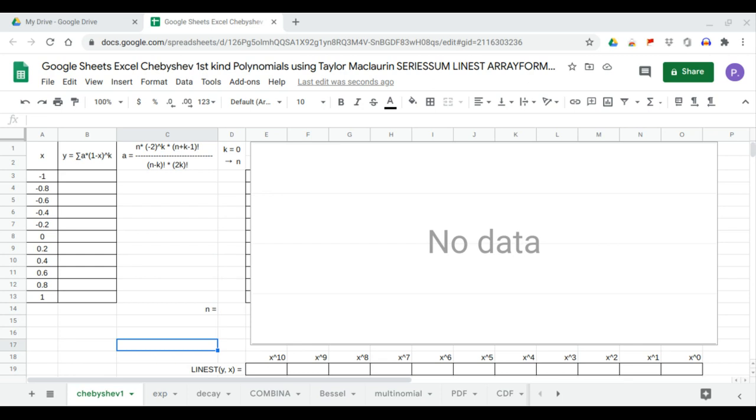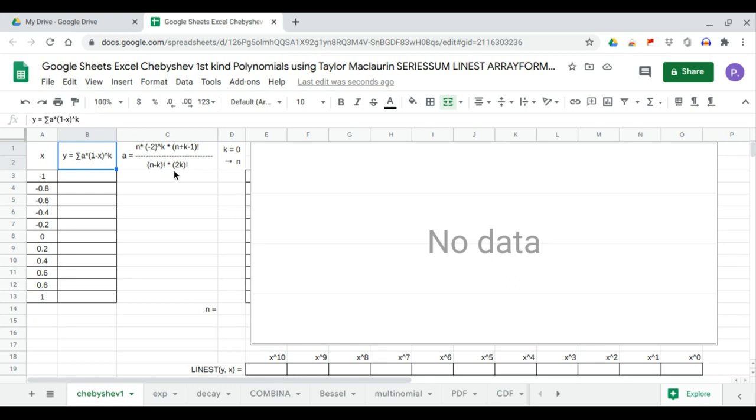In this video, we'll generate the Chebyshev first-kind polynomials using Taylor-Maclaurin series sum and Linest polynomial regression. We begin generating the Chebyshev first-kind polynomial, which is the summation of a times 1 minus x to the power